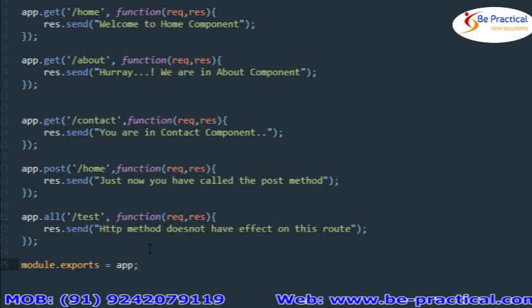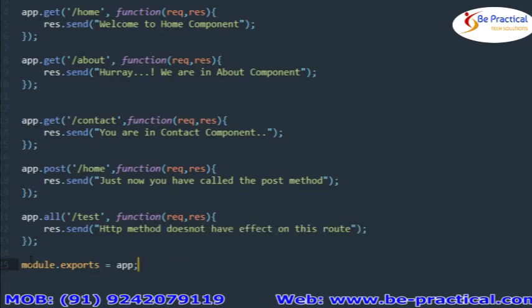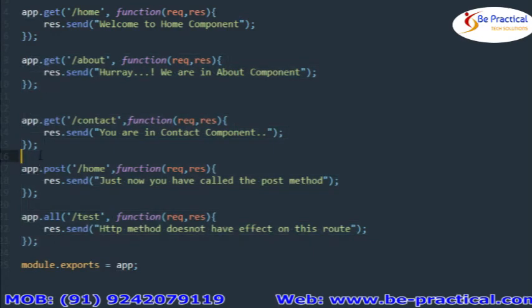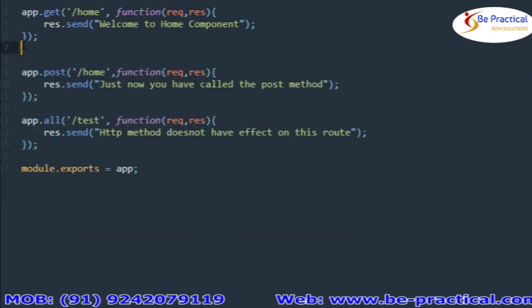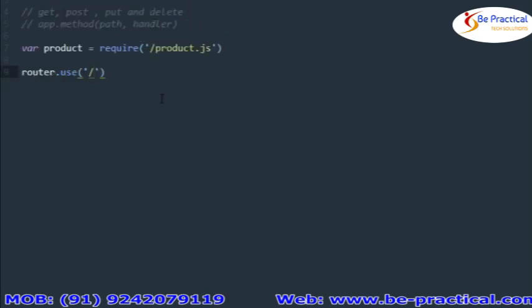Here we'll do some modifications. Later we'll work on all these executive things. So here I can define one get and one post method instead of both. Here I'll just remove the home in both the get and post method. So we'll save it. In the index file we'll specify